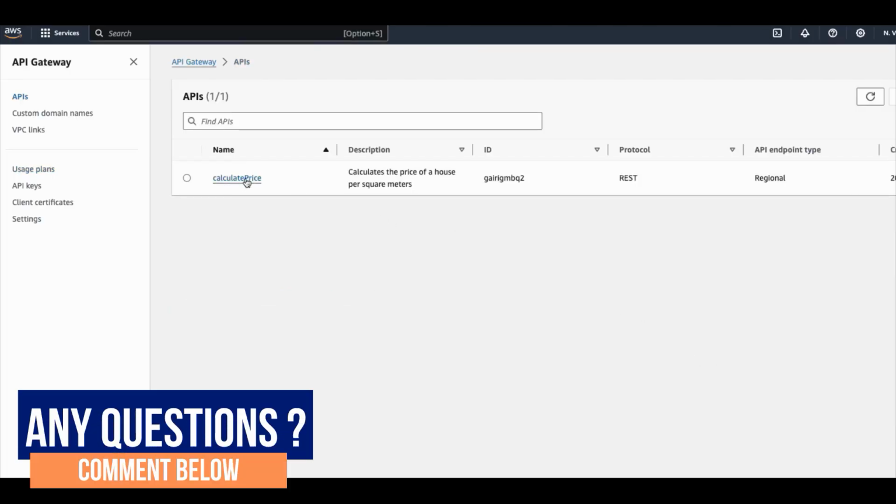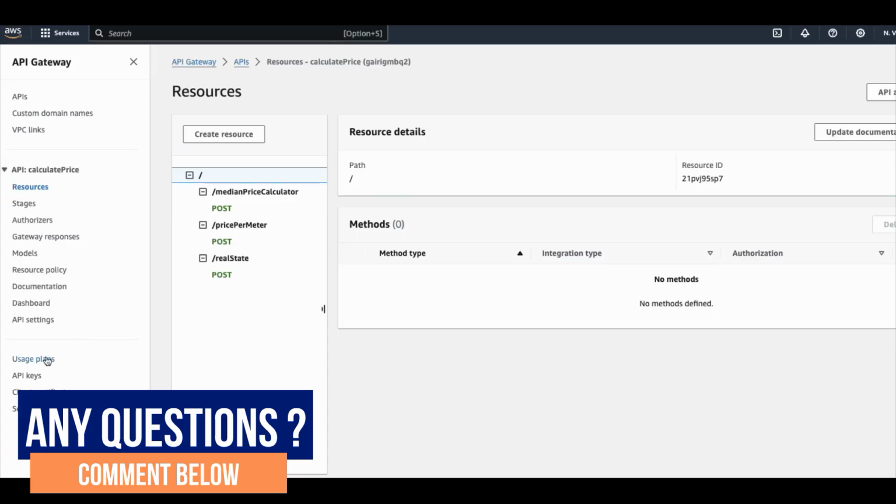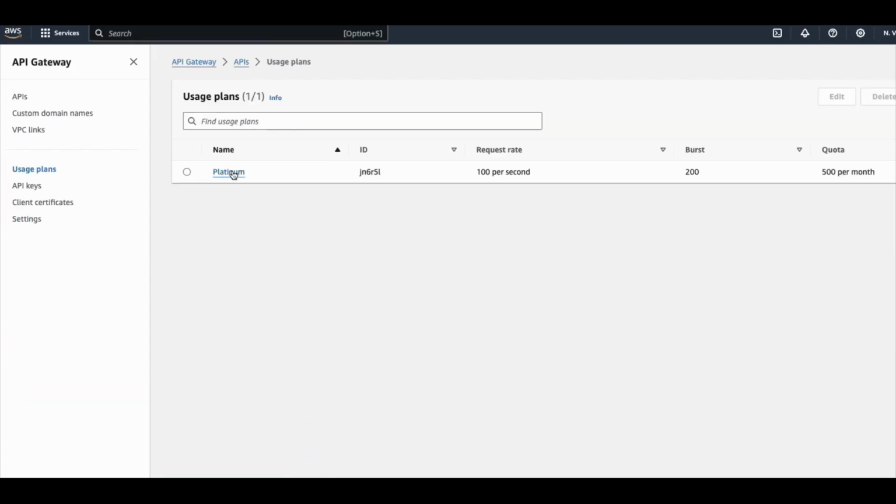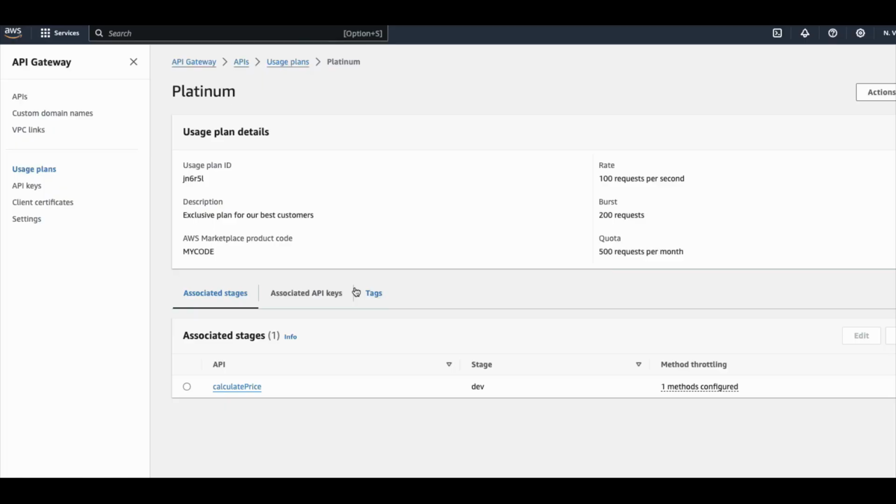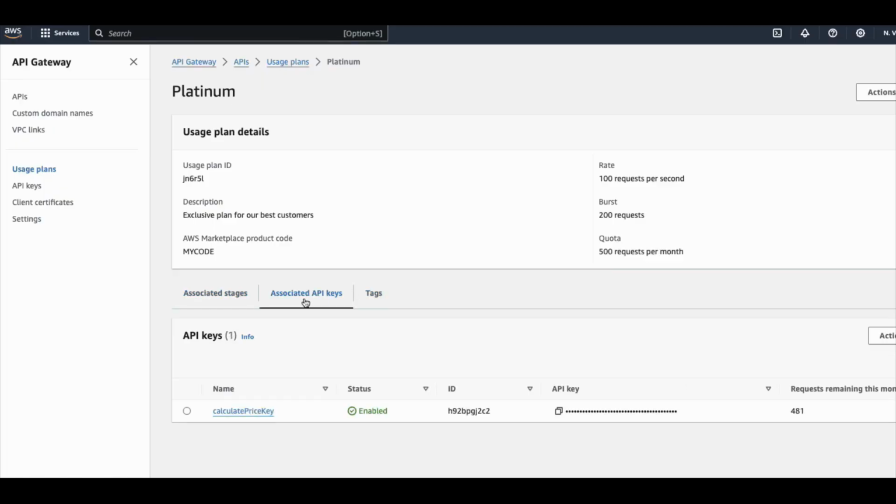So this is the API, and let us look at the usage plan. Okay, this is a usage plan, and one of the plan that we have created is a platinum, and associated API keys. This is where we have associated this key with this plan. Now if I look at the request remaining this month, it is showing 481. Okay, so that means we have already consumed some quota, and if I go to action and download the export usage data,